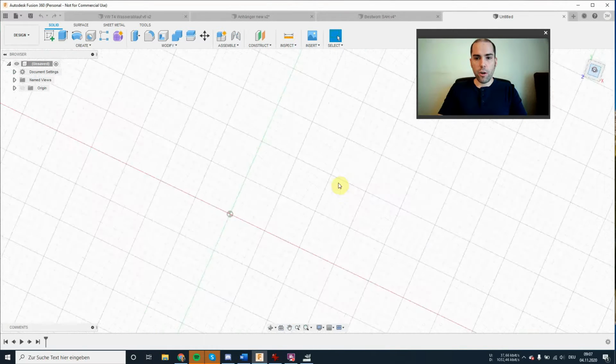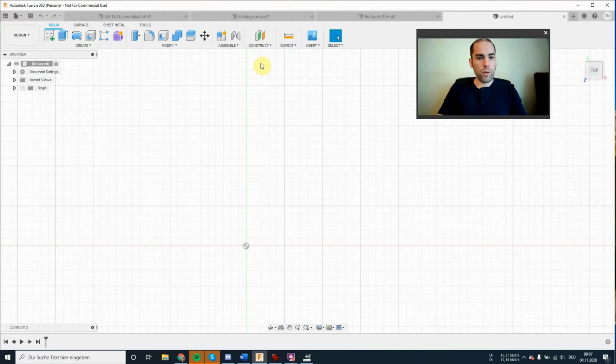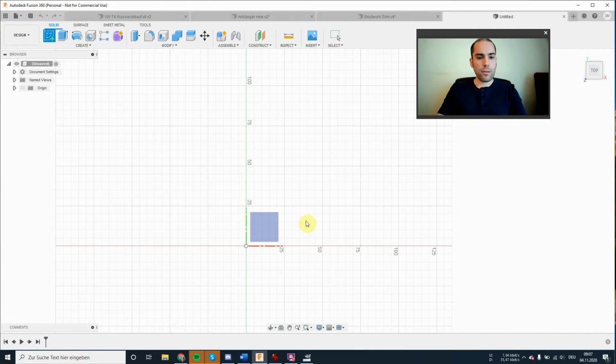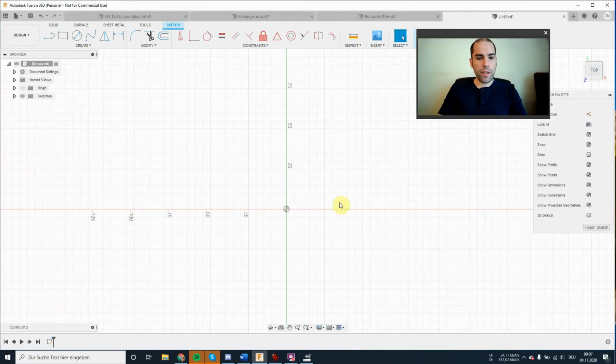Before we design the actual object, we will need a reference for the size, which is the size of the bottle cap. It has to be the right size. So what we're going to do is create a sketch, which is a 2D drawing, which can be converted into a 3D object at a later point.